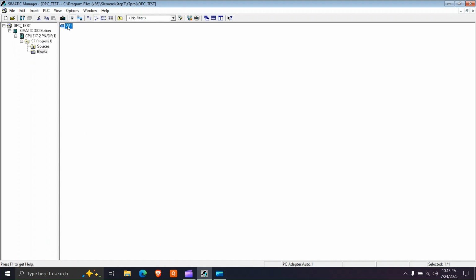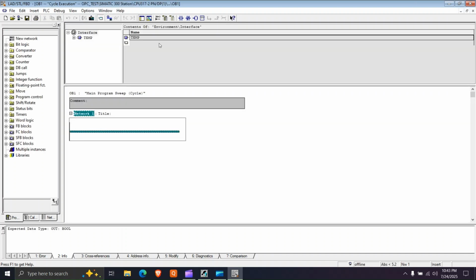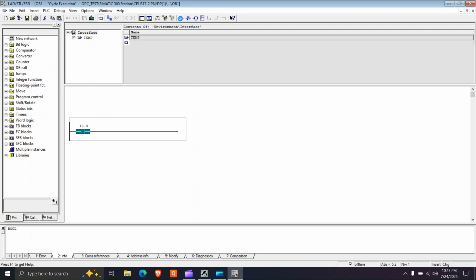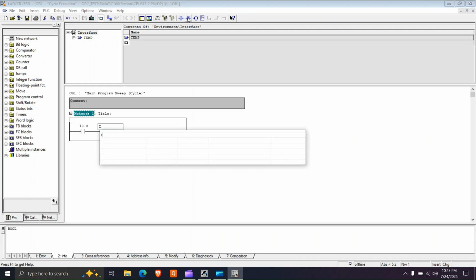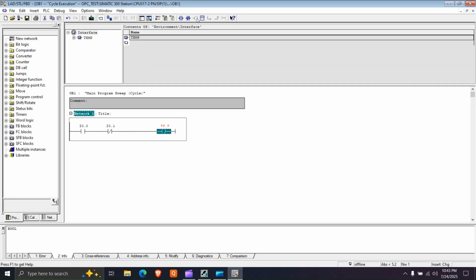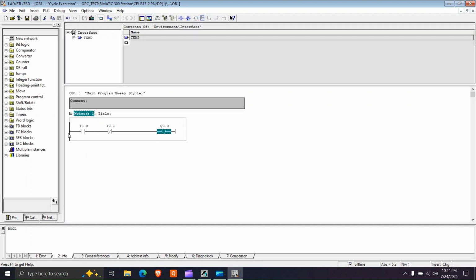So now I'll go in block. I'll make a simple on-off circuit. I'll take a NO contact and address it as I 0.0, and I'll take an NC contact addressing it as I 0.1. Then we do have the output, it's Q 0.0, and I'm branching